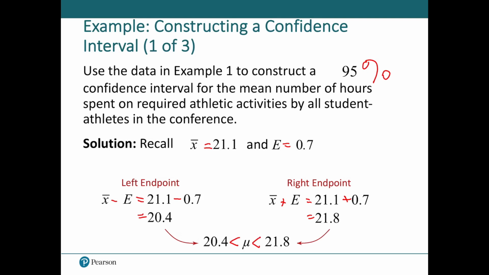This has the advantage of being specific, having the mu exactly where it is, and there's no doubt about what you're talking about. There's no getting off topic, difference of mu's, difference of proportions, or whatever it may be. This is very clear. But there are other possibilities. You could use the interval notation. You could say 20.4 through 21.8. But if you use this algebraic notation, it must be exact, only use parentheses, must put a comma in between. Any deviation from that, points come off.